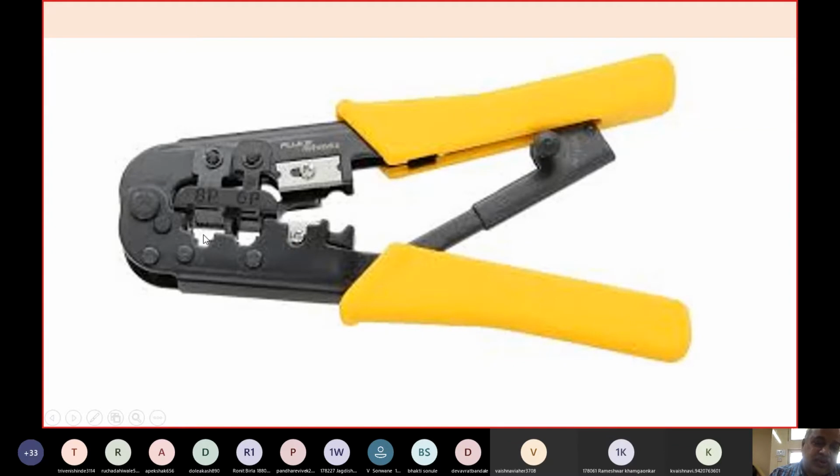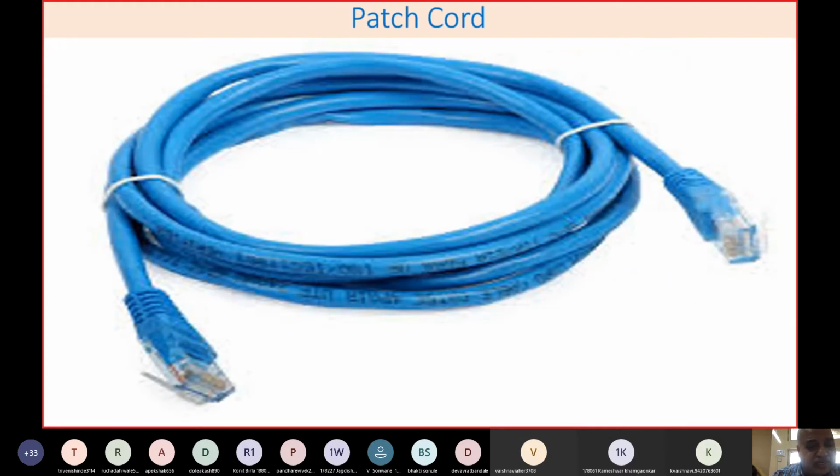So this is RJ45. You see, this is the socket where you have to insert the RJ45 and press with enough pressure, then automatically the cables will be connected to the connectors and your crimping will be done. If it is correct, you can test it by using what is called a tester, which I'll show you later on. This is one wire that is called a patch cord. This is a factory made patch cord. Of course, you can use a crimping tool, and if you know how to connect this and the sequence of the cable, you can prepare your own patch cord also.